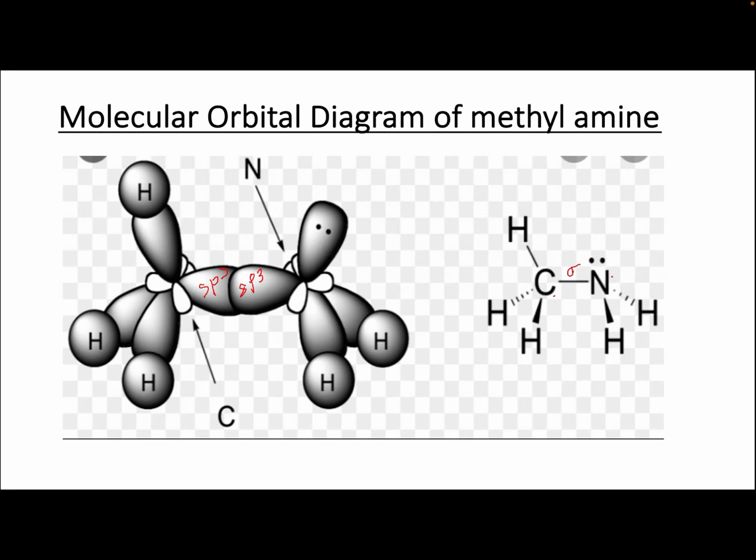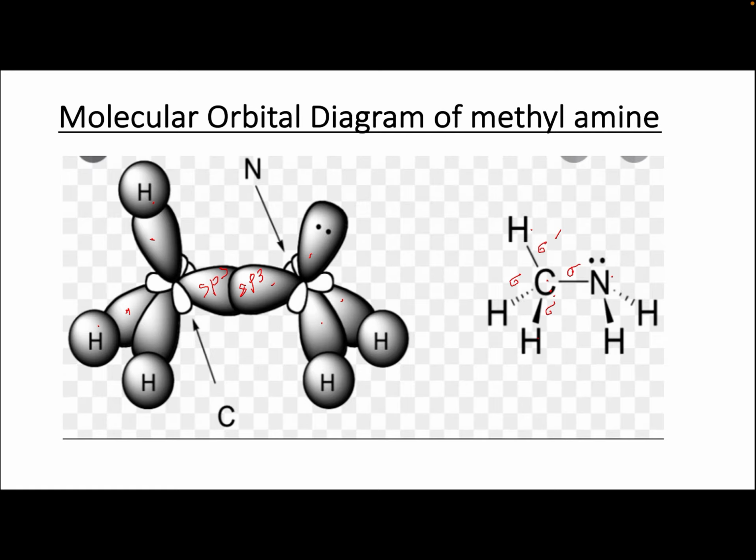You know, in sp3 hybridization, 4 hybrid orbitals are formed. So here 4 hybrid orbitals are formed, and this sigma bond is formed by the sp3-sp3 overlap of carbon and nitrogen. This carbon-hydrogen bond is formed by the sp3 hybrid orbital of carbon and the s orbital of hydrogen. Here also a sigma bond is there. Again here, one more sp3 hybrid orbital of carbon and s orbital of hydrogen. Here also an sp3 hybrid orbital of carbon and s orbital of hydrogen. One more sigma bond is formed by the overlap of an sp3 hybrid orbital of carbon and the s orbital of hydrogen.